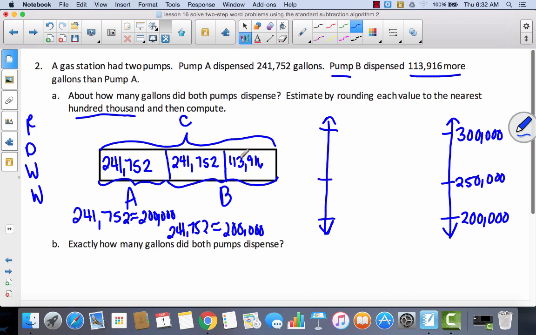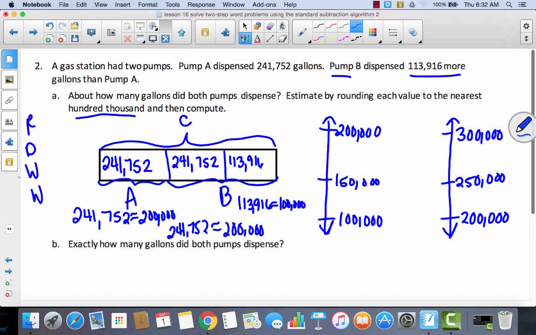How many 100,000s are there? 1, right? So we have 100,000. What's one more than 100,000? 200,000. And my halfway point would be 150,000. So would 113,000 be more or less than halfway? Well, because of this 1 in the 10,000s place and the 5 in the 10,000s place here, it tells me it's less than halfway. So that means that 113,916 is about